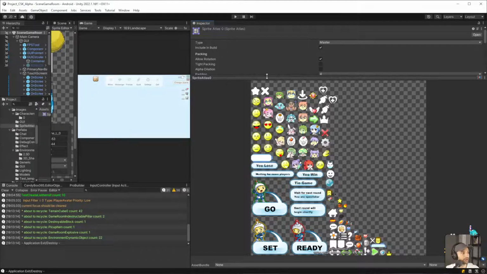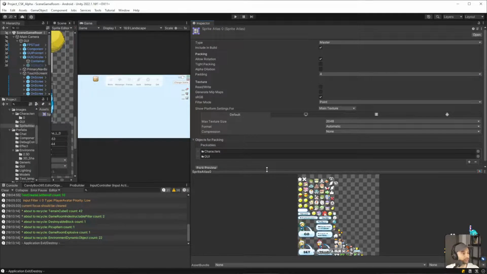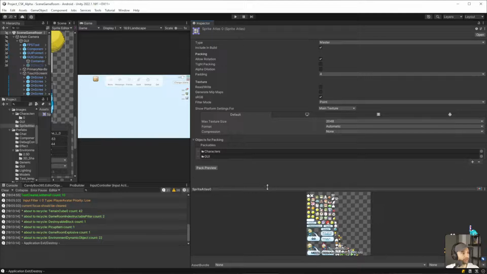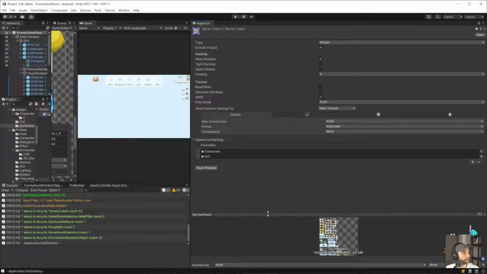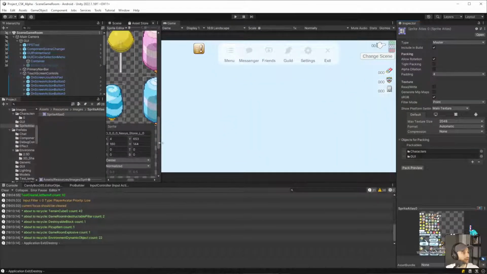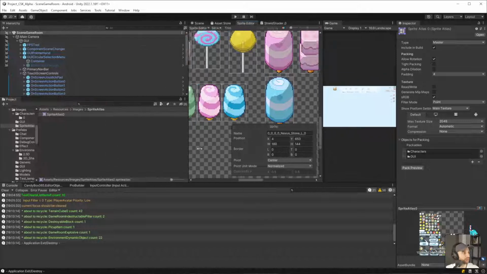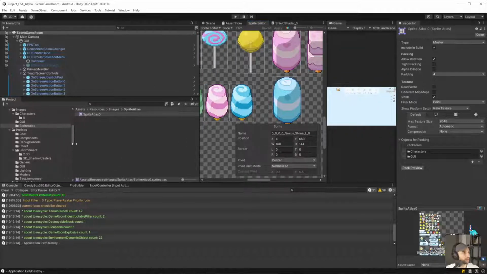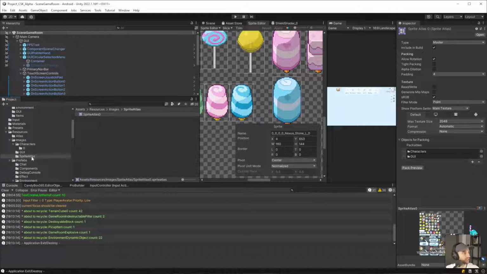That is not the atlas I was thinking of. Interesting. I thought I removed that. Did I not consolidate that atlas into something else? Resources, image, sprite atlas.